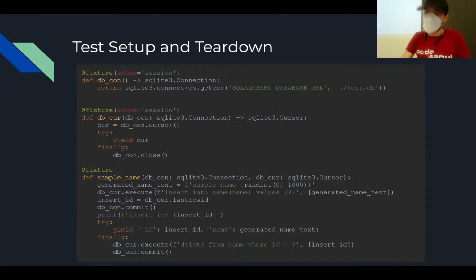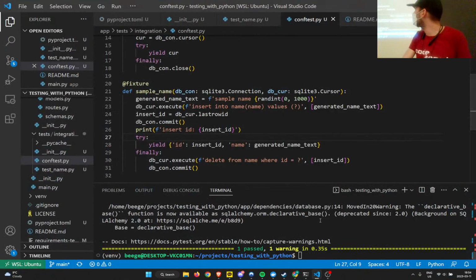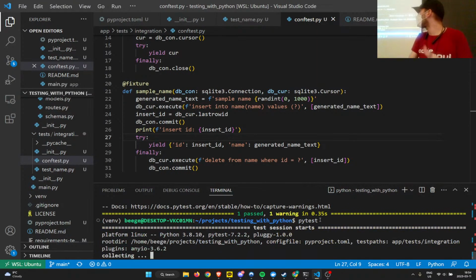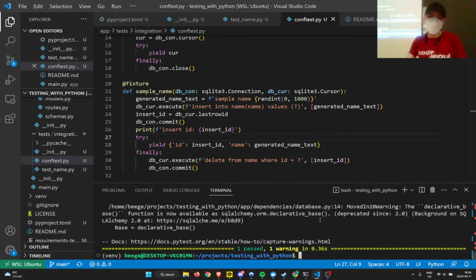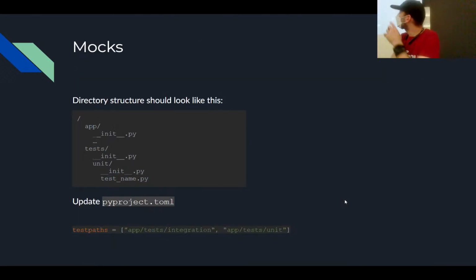And then basically to just demonstrate this is the same as before, we can run it. Everything is cool. So now let's go ahead and get into our unit tests. We're going to go over mocks. You asked about unit tests with mocks and all that. We're going to do that now.